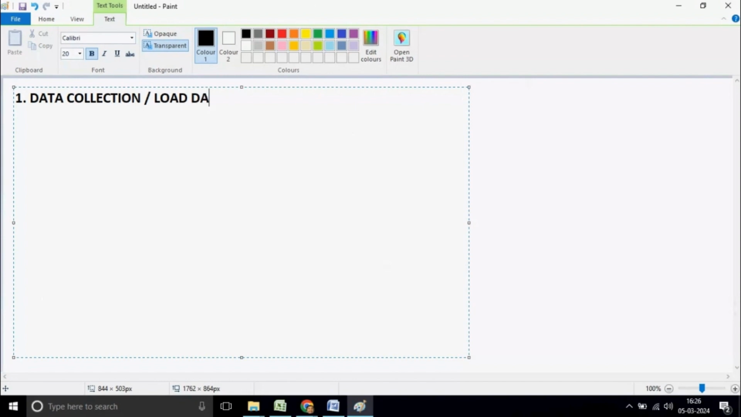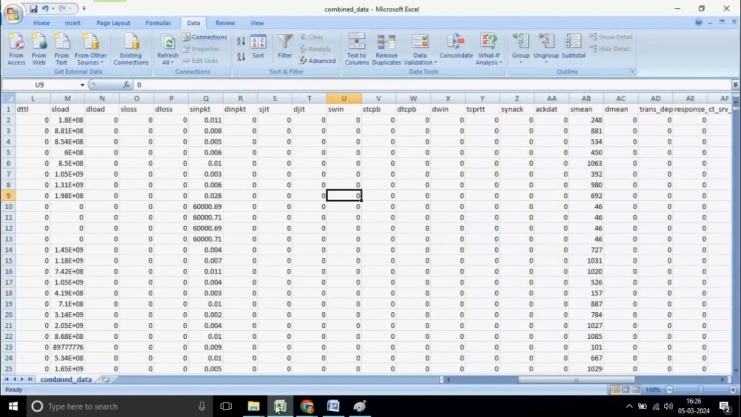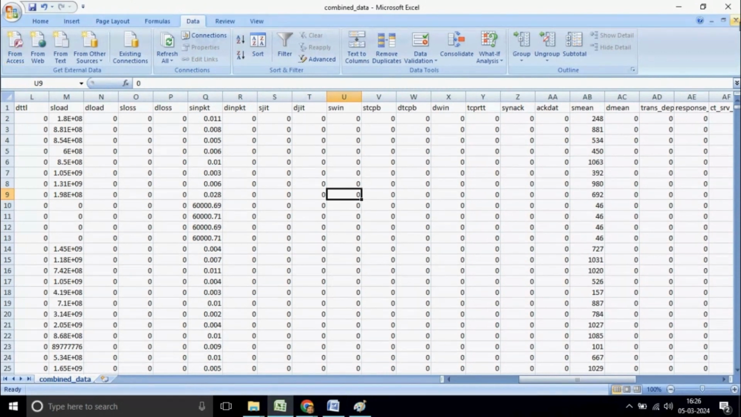Load data. Whenever you are loading the data, images we have to load into array form. That is in Python called NumPy. Actually, whenever you are going with arrays,